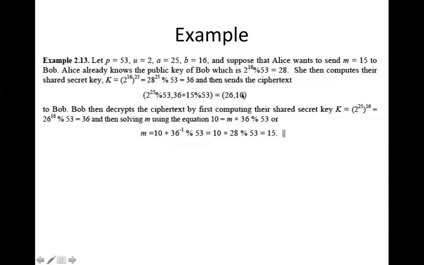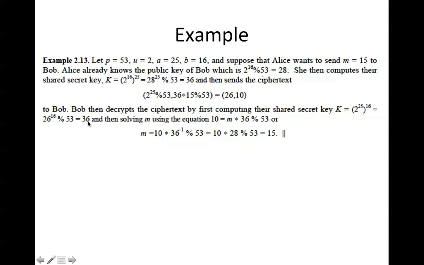Bob receives this pair of numbers and then goes on to decrypting it simply by computing their shared key as 36, and that will be just what he would receive from Alice as her public key, that is 26, and then powering it to 16, and then modding it to 53. That's how actually he gets